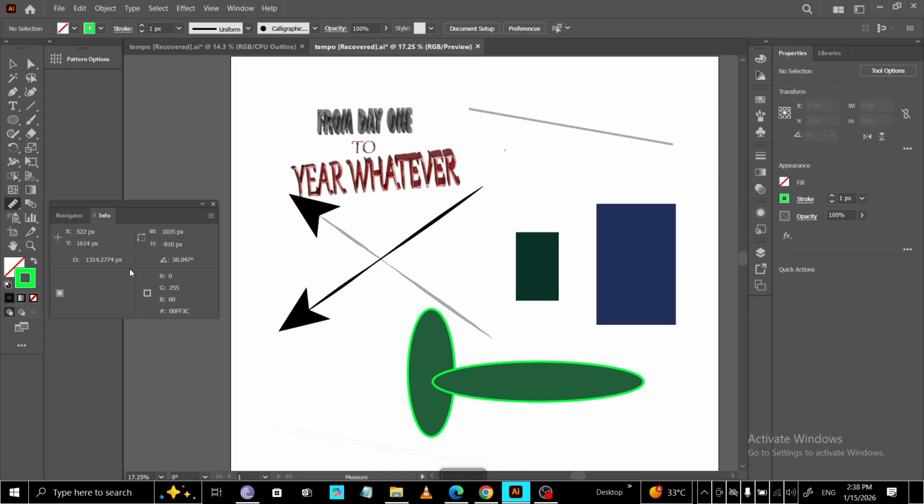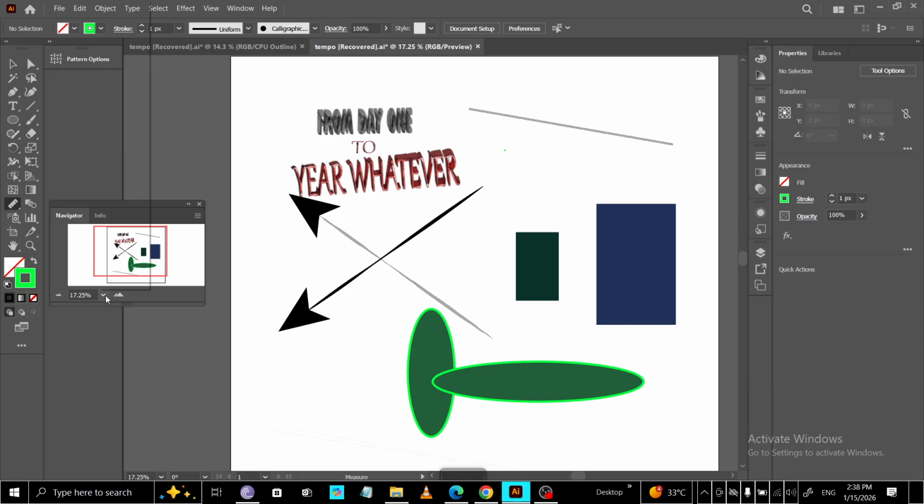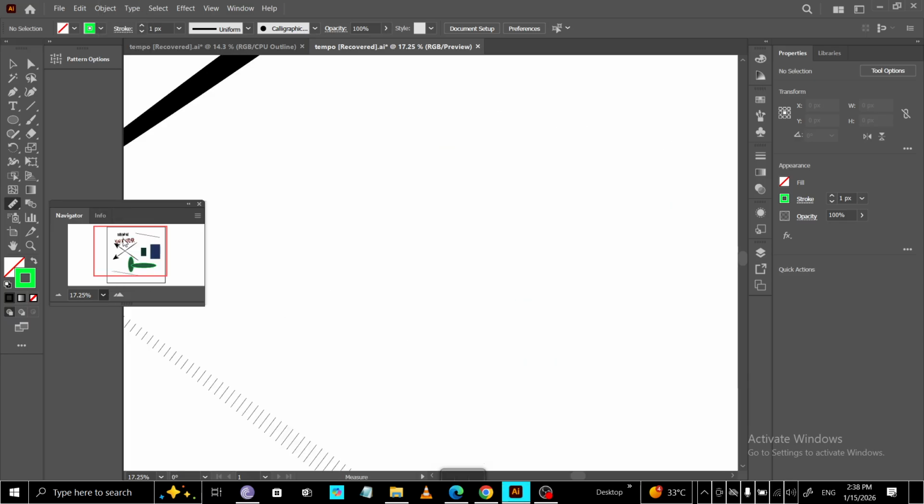That's all there is to it. Select the Measure tool from under the eyedropper, click and drag between your 2 points, and read the distance in the Info panel. With a little zooming and careful placement, you'll get precise results every time. Practice this on a